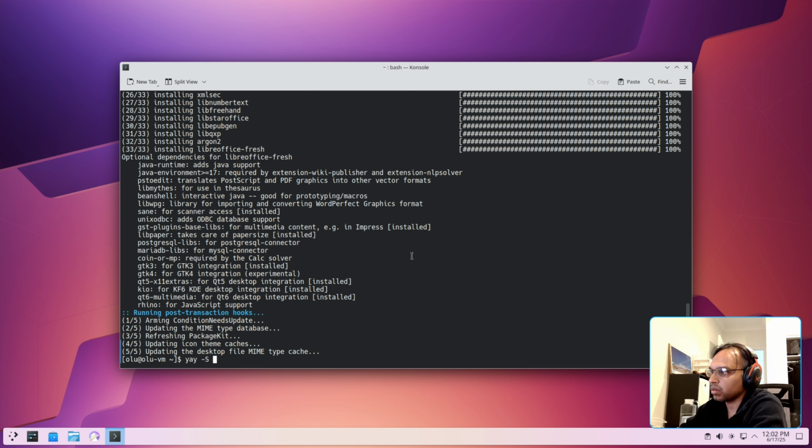So you can install, let's say, TTF Liberation. These are open source alternative fonts for some of the Microsoft fonts, like Arial or Times New Roman or some other stuff. Liberation, and then we'll install the